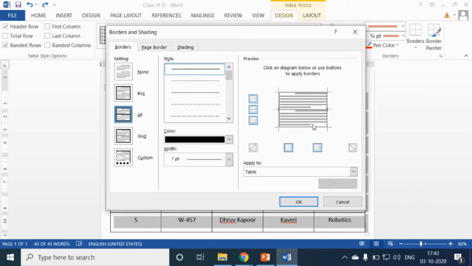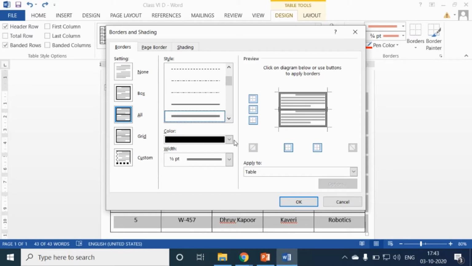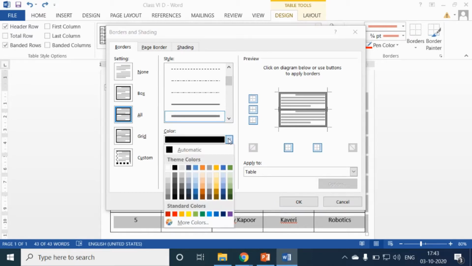Okay, now students, you can see here setting given. Select all option here. Then in the style option you can select different styles of border. So here I am selecting this option. Now in color you can select any color of your choice.